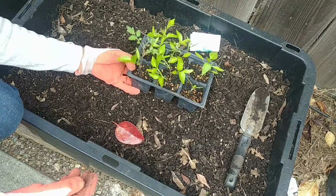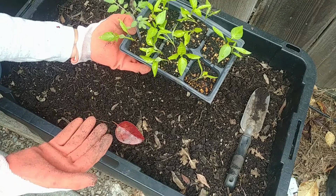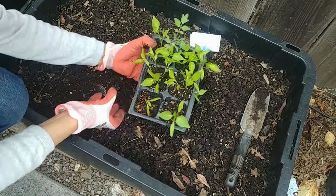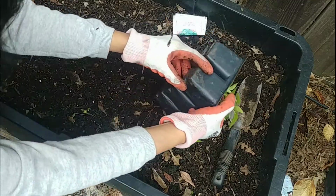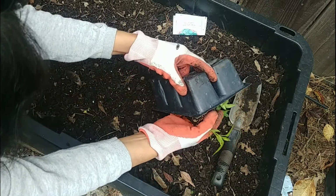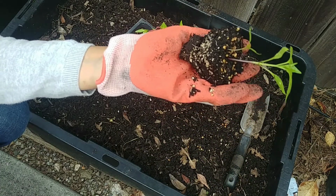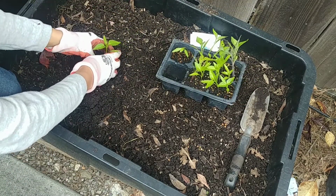So it's been 6 weeks, and our pepper saplings are doing pretty nicely. So now I'm going to just transplant them. So in this container, I'm just going to put 2 of these. So like this one has this big one and one small one. So I'm going to just take this out. Here, the roots are pretty nice. I'm just going to dig a hole and put it here